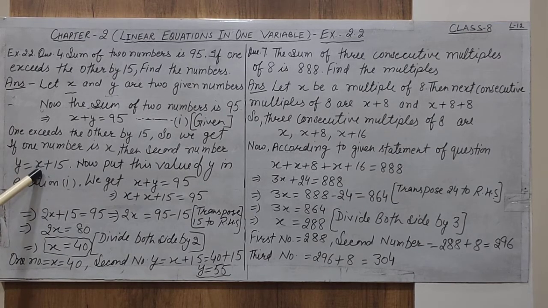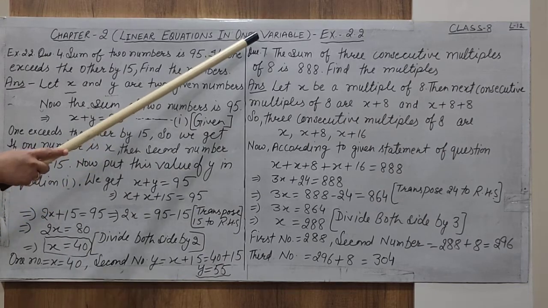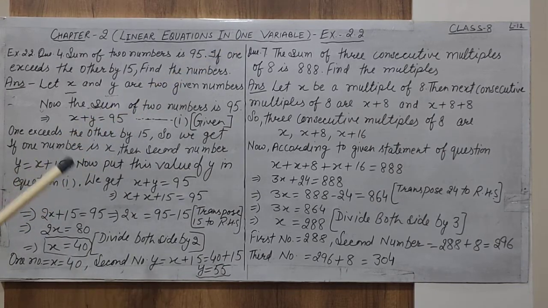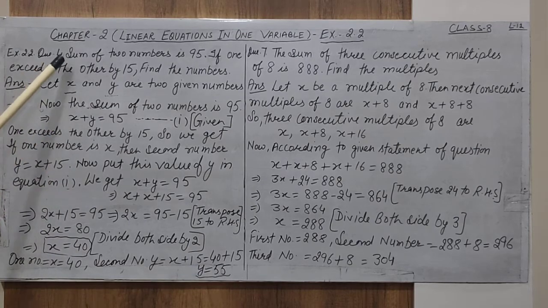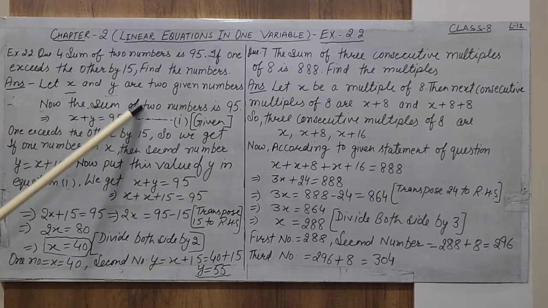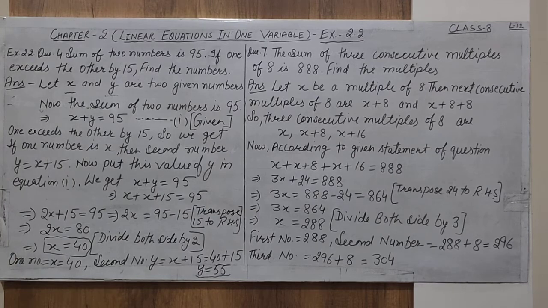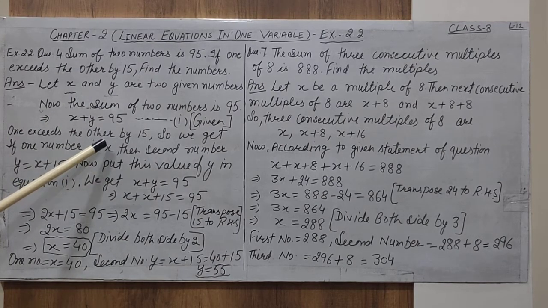y की वैल्यू हमें x की फॉर्म में रखनी ही पड़ेगी because हमें पूरी इक्वेशन को एक वेरिएबल में लेके आना है. Our question is only linear equation with one variable, not with two variables. हमने दो select किए according to conditions, but we have to change this equation, either the complete equation in x or the complete equation in y. अगर हम one number y suppose करते तो हम x की वैल्यू y की फॉर्म में निकालते. हमने फर्स्ट नंबर x सिलेक्ट किया, then the second number is selected in the form of x, that is y. Find the value of y in the form of x.